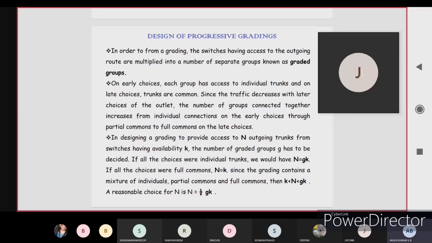As mentioned previously, there are separate groups, and in each group some lines are interconnected. That is, the outgoing lines are interconnected. That is called grading. Group means you are forming that particular group. The particular switch, the switching fabric, accesses only that particular